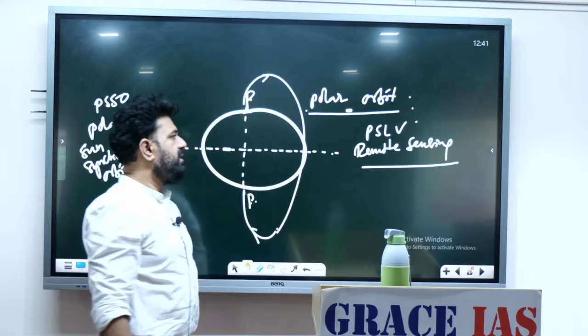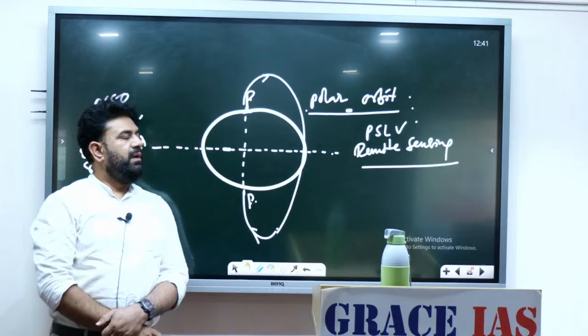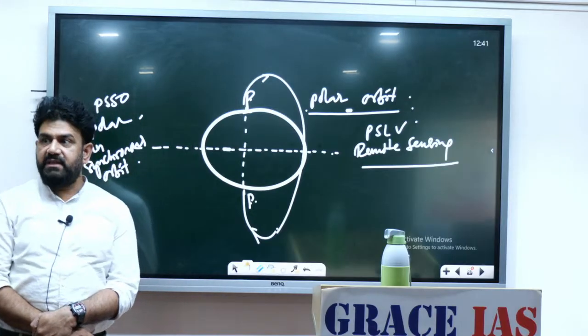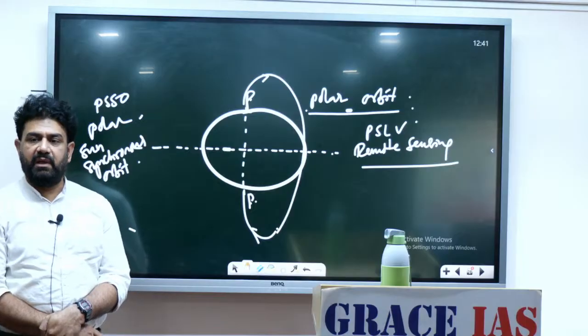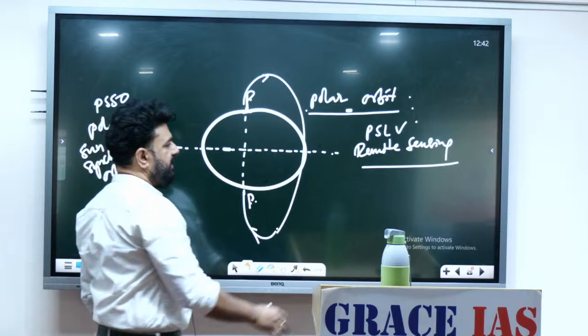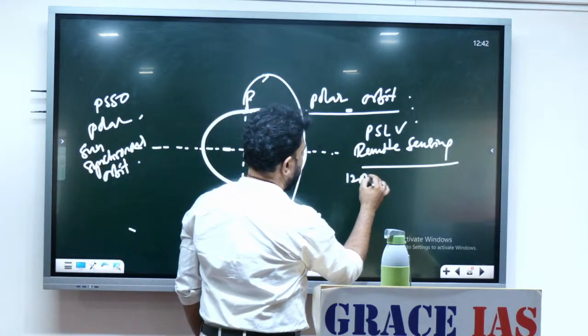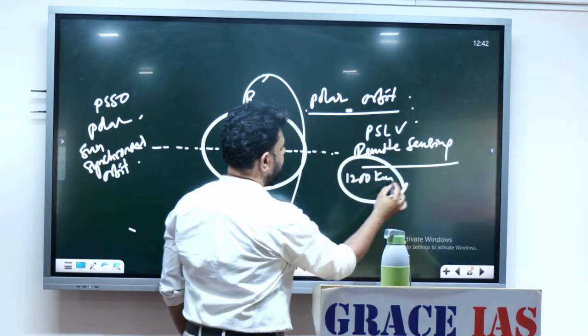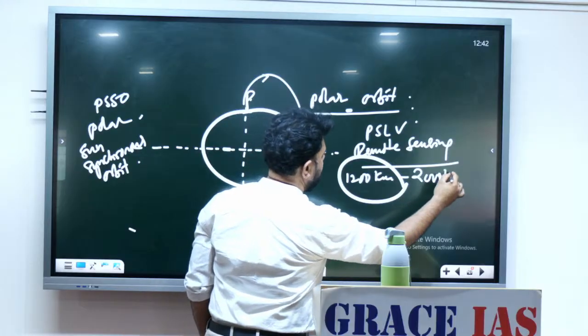To launch remote sensing satellites in polar sun synchronous orbit through PSLV, we use this. And in general the distance is approximately 1200 kilometers to 2000 kilometers